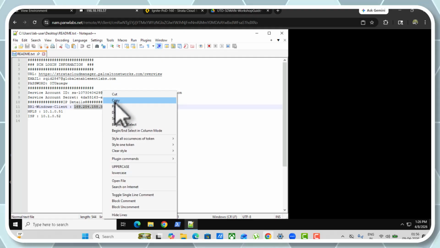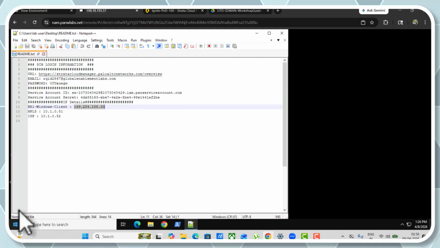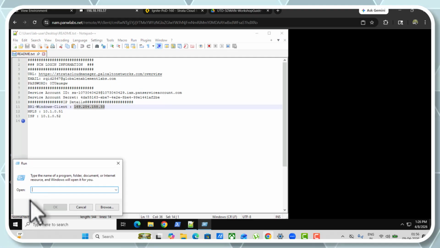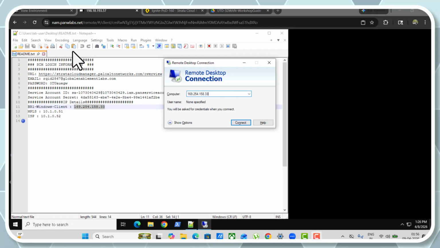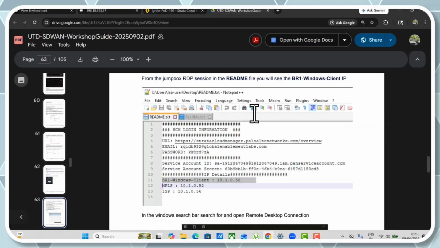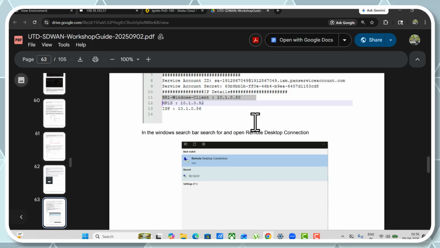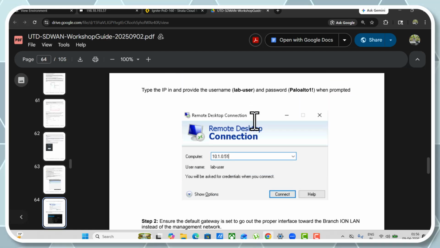Let us copy this and let us run this, and we have to do mstsc and paste this IP. After pasting this IP, remote desktop connection,